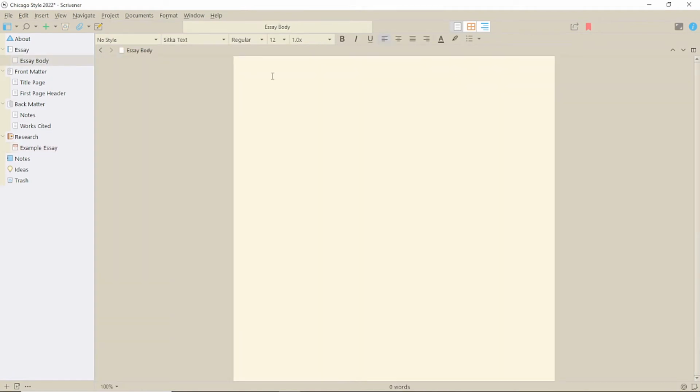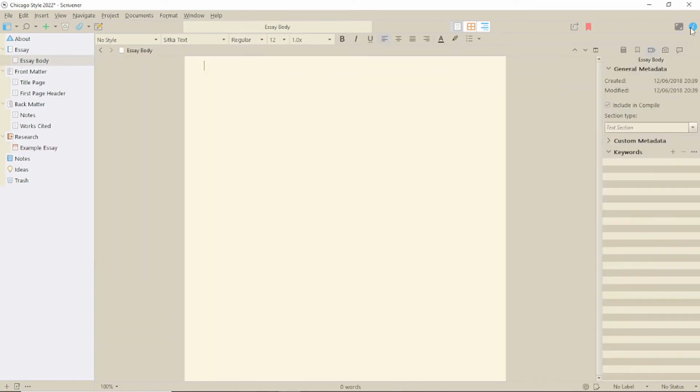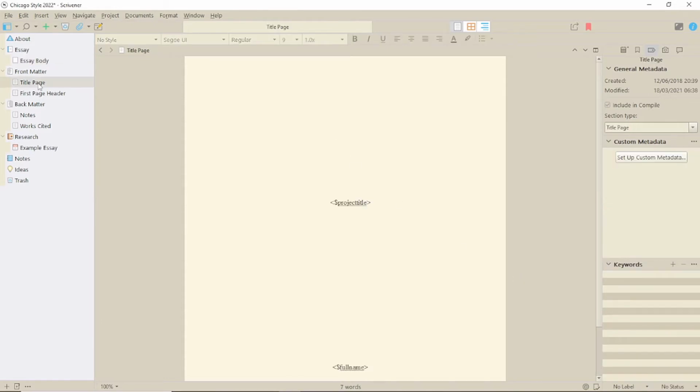This template has a few more specific things in the binder than most templates. The essay part of the binder has one simple text document with no special formatting, and is simply selected as a text section in the section type. There are no special labels or statuses and no custom metadata or keywords. So it's simply type and format as required.